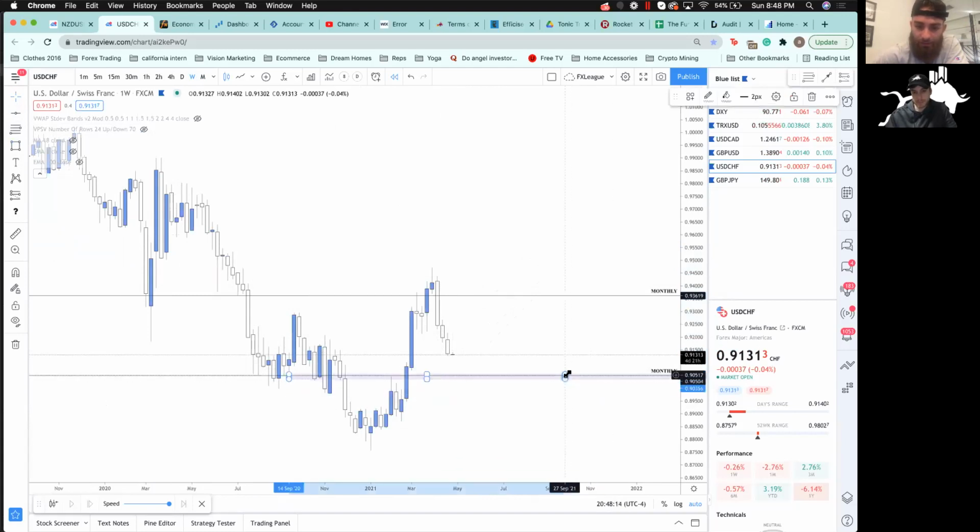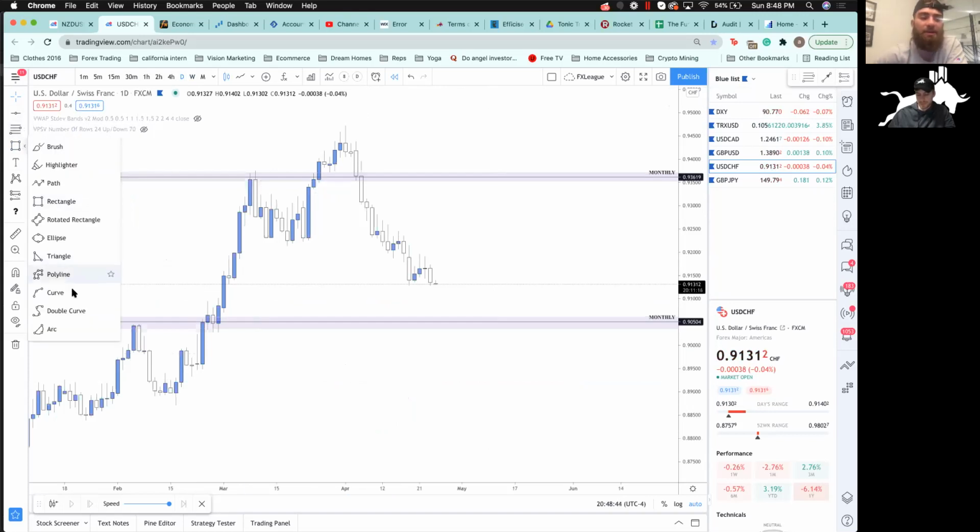So I'm going to bring this on. So these are essentially just areas with value. So previously, price found a lot of value in these areas and then moved off of them dramatically. So now we're seeing this once again. Price came up to this value area, rejected it, and now we're about to come back down into this next value area. So let's come down to the daily